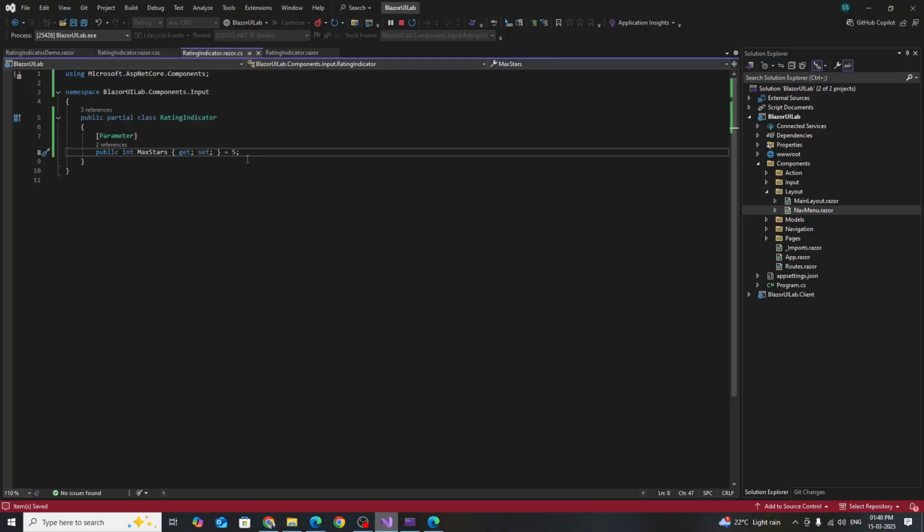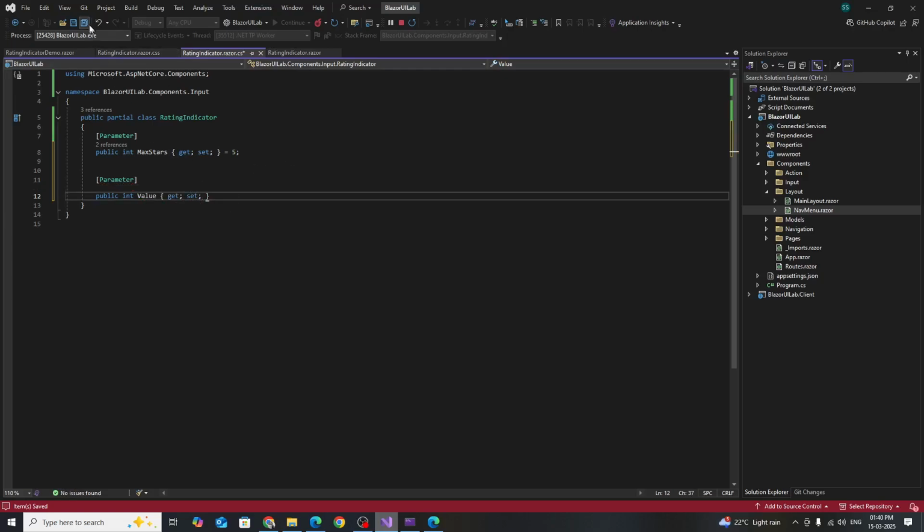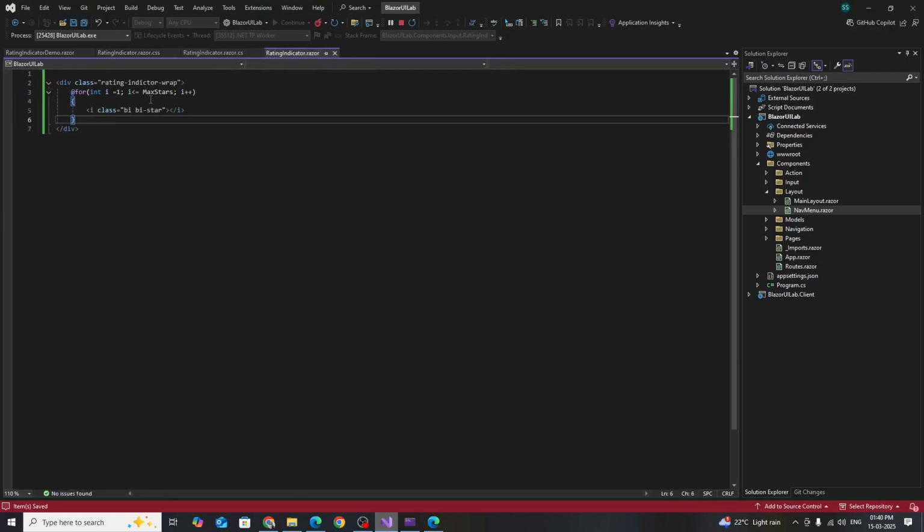So if we have 5 stars, the value could be between 1 and 7 and all that stuff. So with 5, the value is between 1 and 5. So let's have that parameter and value, get set. So value, and then over here we'll check that